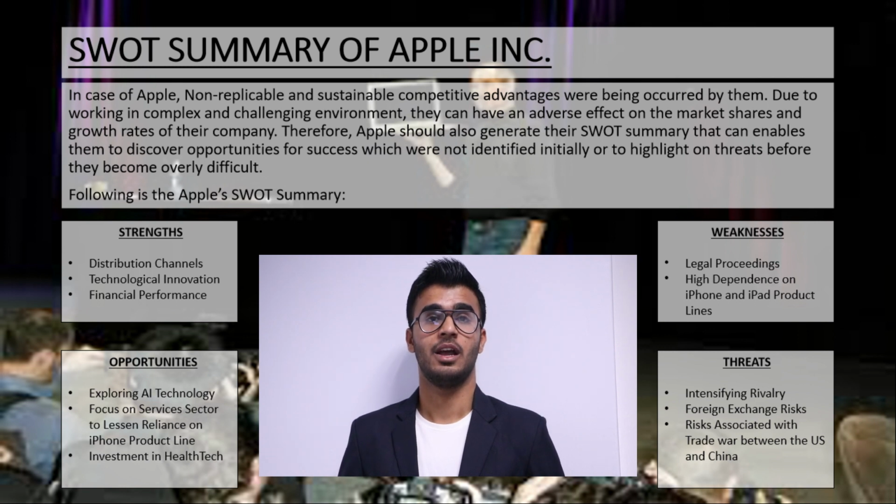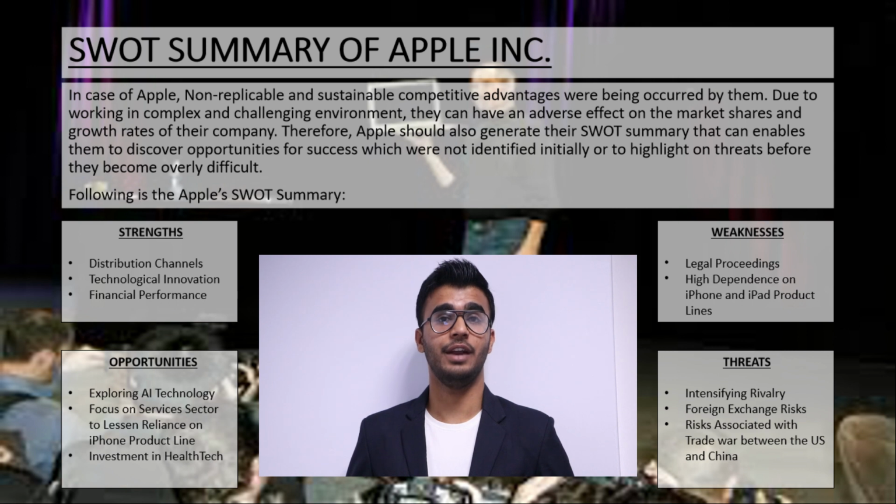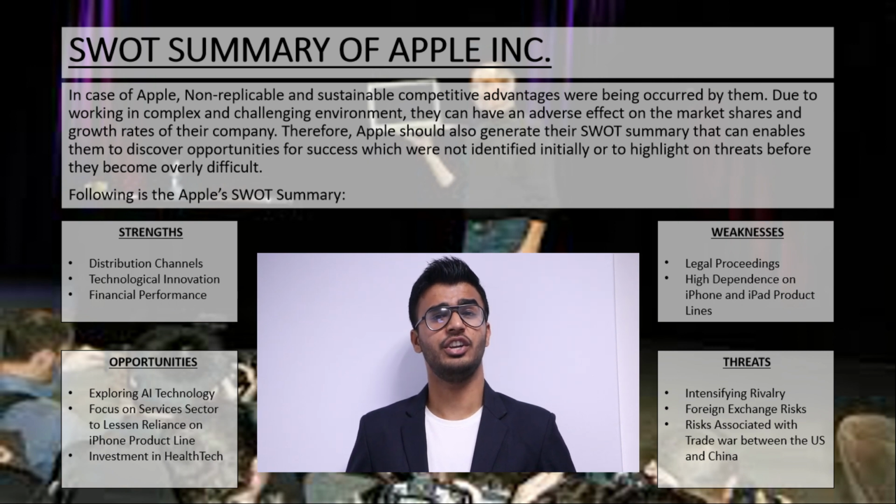First, strengths. First, distribution channels. Apple uses both direct and indirect distribution channels to meet its customer expectations effectively. The company markets its products directly to consumers and small and mid-sized businesses through its retail and online stores or by direct sales force. Apple also adopts different indirect distribution channels such as third-party cellular network carriers, wholesalers, and retailers. For example, in financial year 2018, its direct and indirect distribution channels contributed around 29% and 71% respectively of the company's sales.